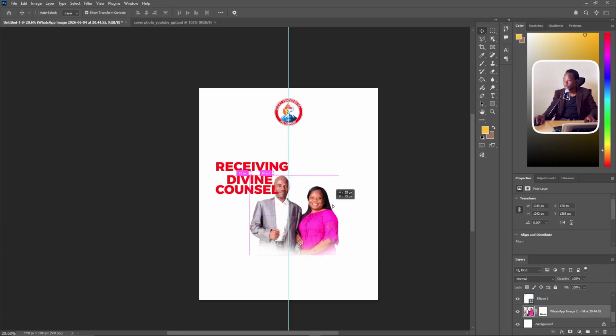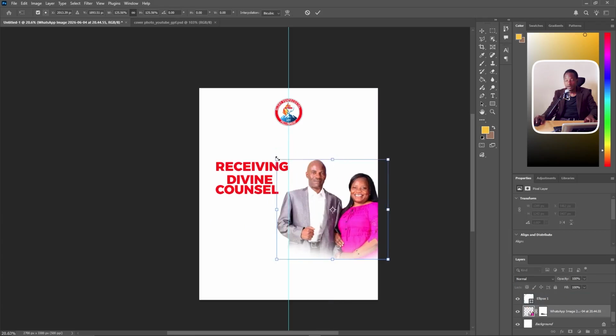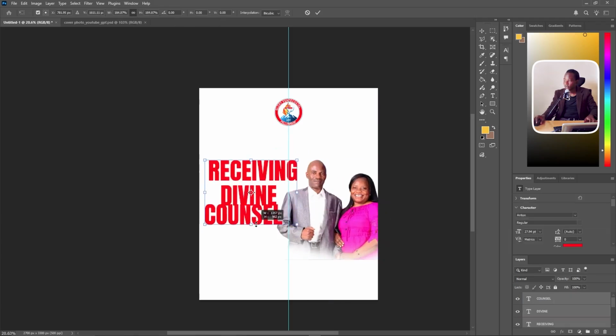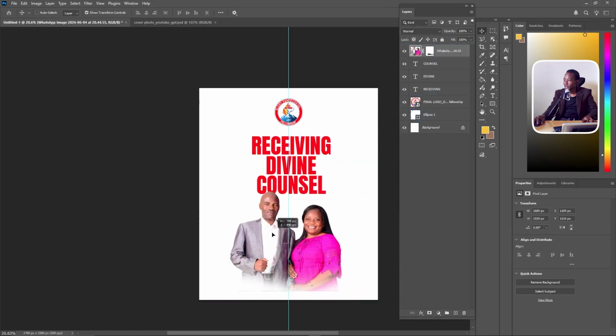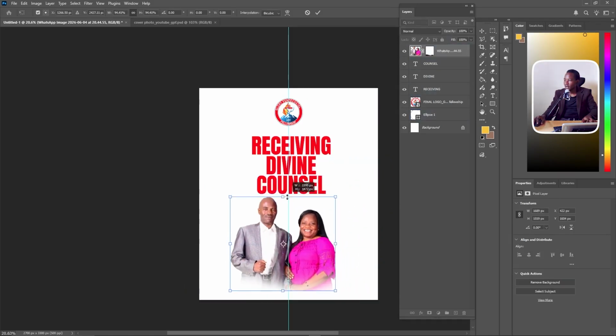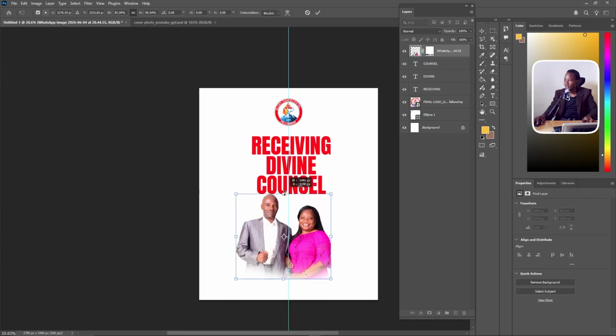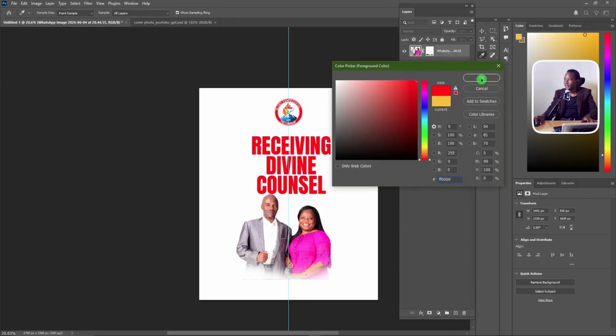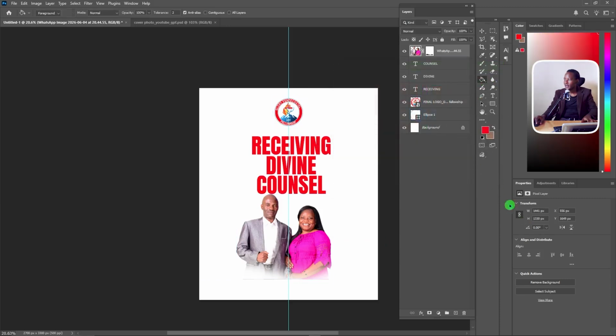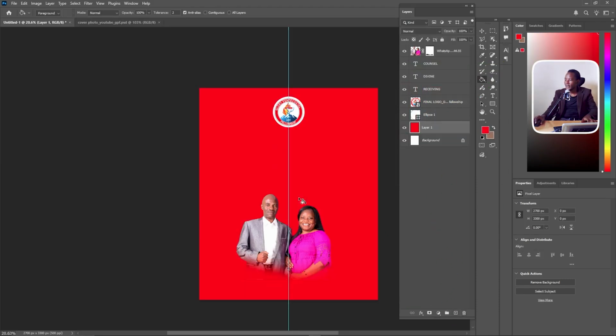What I want to do is to move the subject slightly to the right rather, and then I want to use a long font. I want the subject on top of everything else, so let me move the subject back to the center and resize. I may want to invert the color so that now I have more red on the background and white on the letters. So I will choose my color picker, pick that red, and then down here, introduce another layer